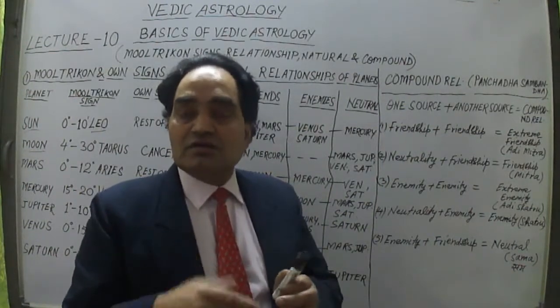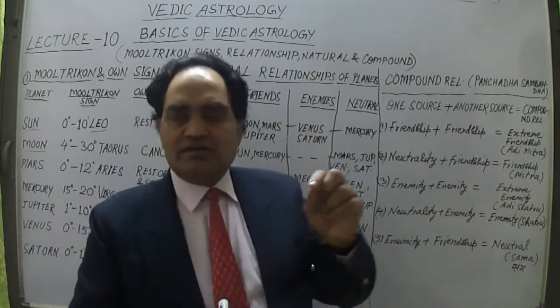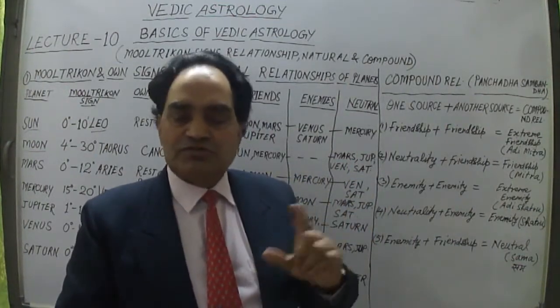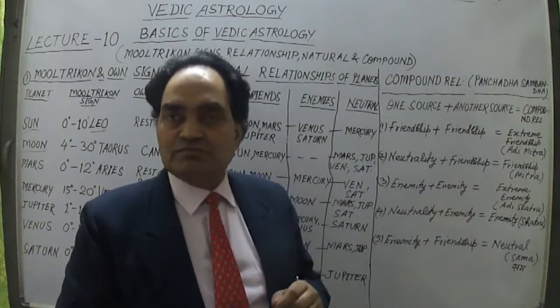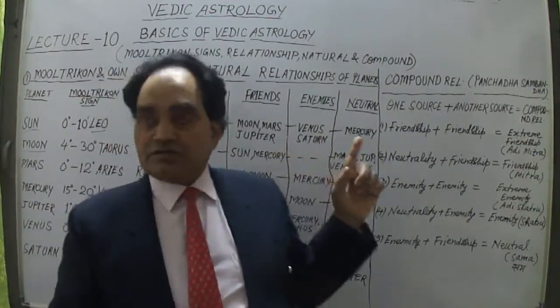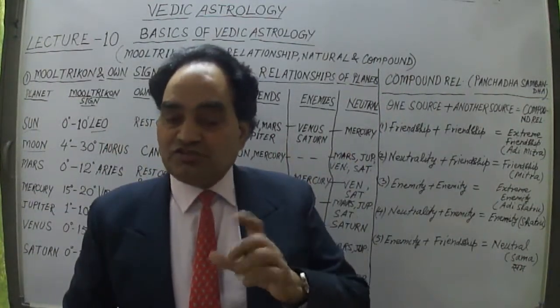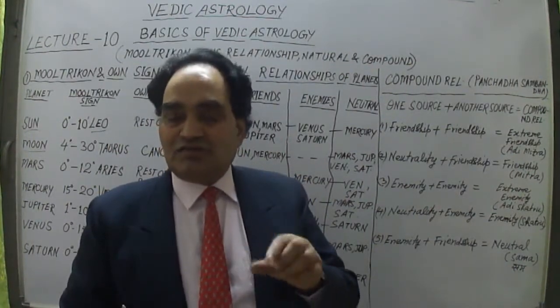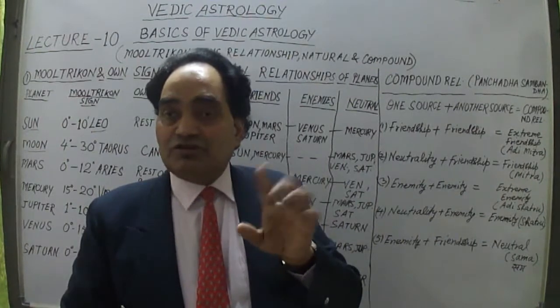Aspecting with each other, or one planet is aspecting another only. Suppose both are aspecting each other from the 7th sign, meaning 1 to 7 position. If I take the 1 to 7 position, then both planets are aspecting each other. If a planet has a special aspect, for example, Mars has 3 aspects.